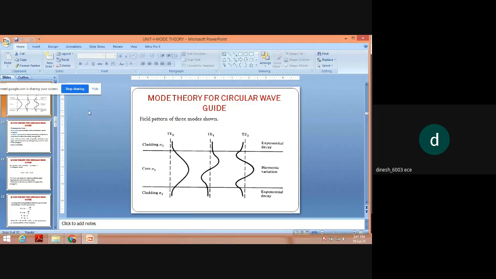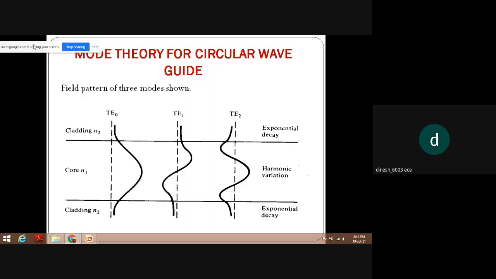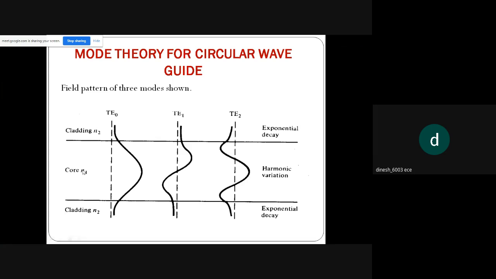This is your mode theory for a circular waveguide in optical fiber. So there are three different patterns being illustrated. One is the TE0. So what is this TE0 is that you can see the core is the inner of